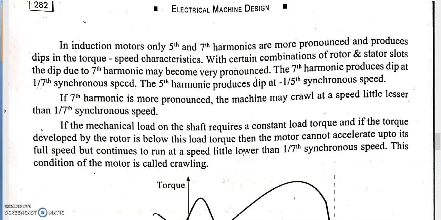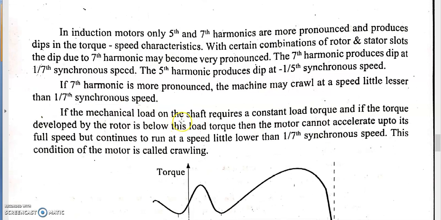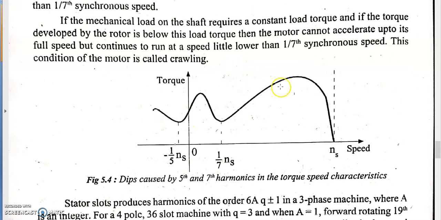See here, suppose if the 7th harmonic is present, that will be more pronounced. So what will happen during the operation of the motor is, this is the speed characteristic of an induction motor. Actually, this characteristic curve would end somewhere here if no more harmonics were present. But here harmonics is present. Due to that, the same kind of speed characteristic will repeat here also. See here, so this kind of characteristic.